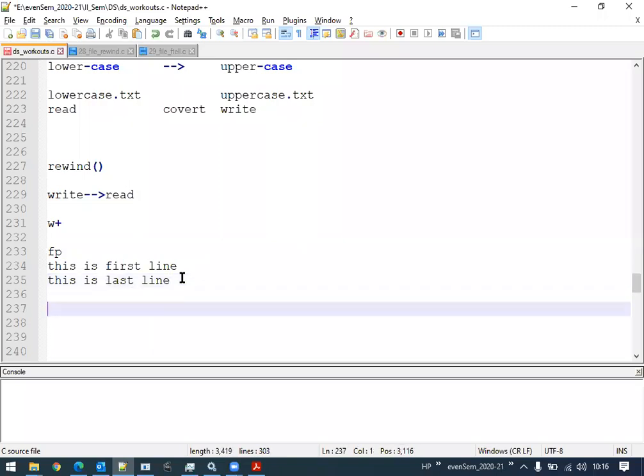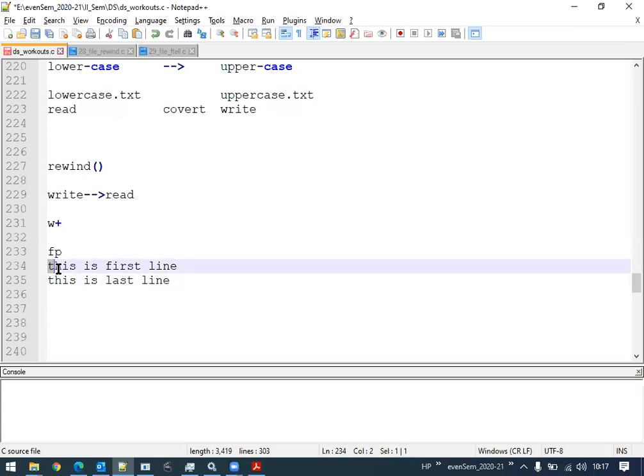Now, I want to perform read and write operations. In that, the write operation I have performed successfully, the content has been written, and the FP is pointing at this particular location. Now I need to perform my second job, that is reading the content. So in order to read the content, I have to make sure that the file pointer which is placed at the end of the file comes back to the beginning of the file. From the end of the file, it has to come back to the beginning of the file.